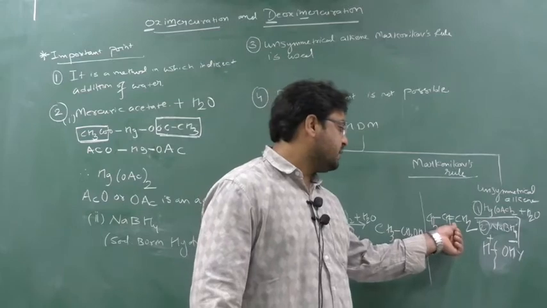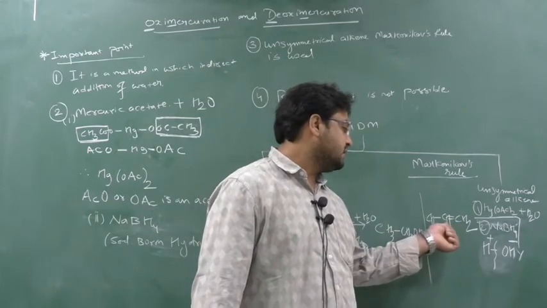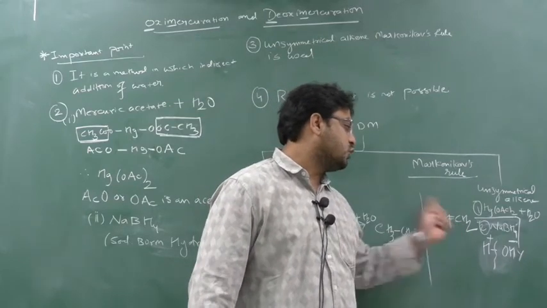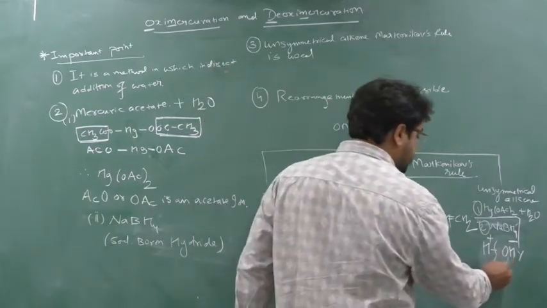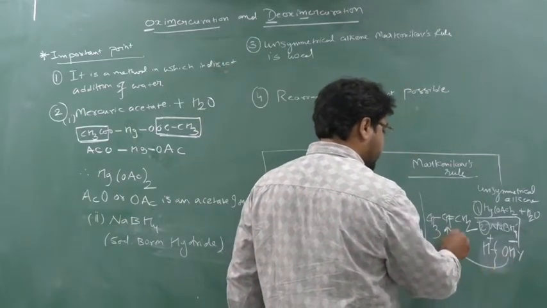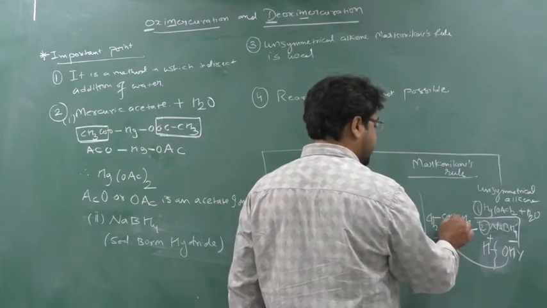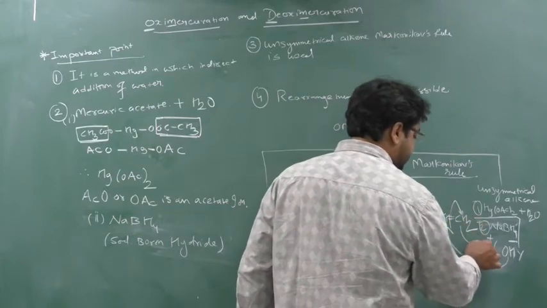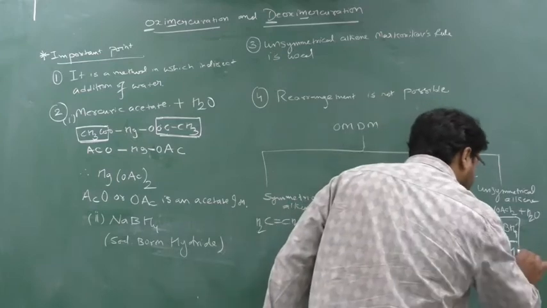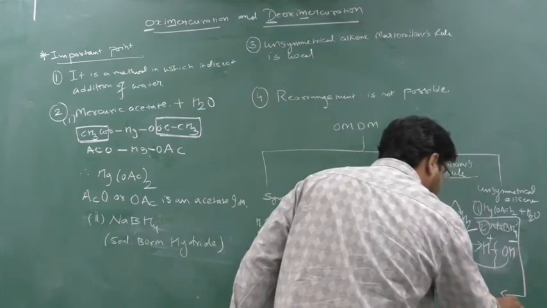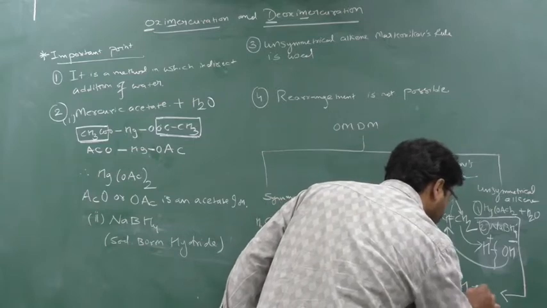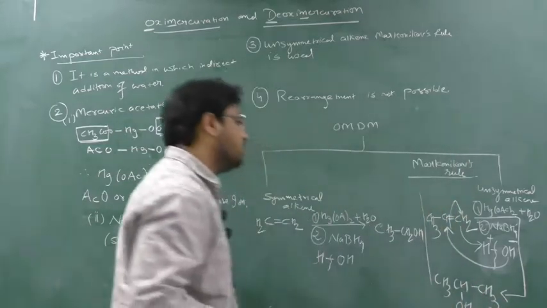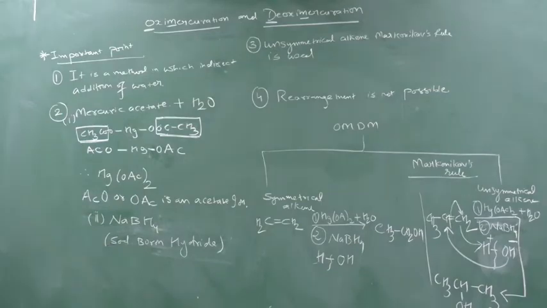Now see, here there is a double bond. This is one carbon and this is another carbon. This carbon contains one hydrogen and this carbon contains two hydrogens. Which carbon contains less number of hydrogens? This carbon. So here OH will attach, the bond breaks and the electrons enter here, so this carbon will attach with the H. So what final answer will I get? CH3CHOHCH3. So here I will get a 2 degree alcohol.